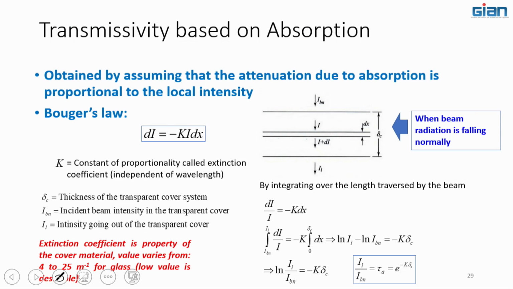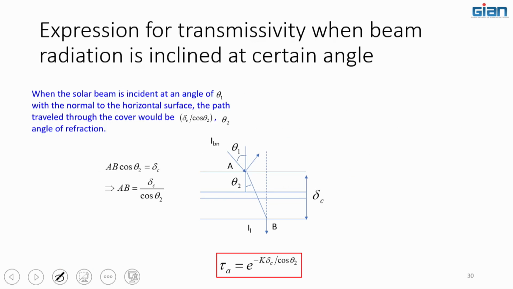That's how we can get this tau A, considering that the radiation is falling normally. If the radiation enters at certain angles, then what will happen? That condition I have also reported. When the beam is incident at an angle theta 1 with the normal to the horizontal surface, the path traveled through the cover would be delta C by